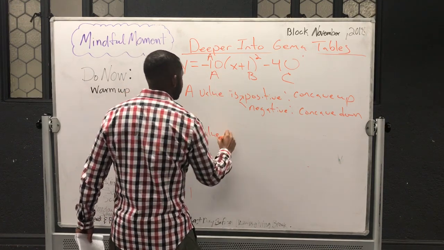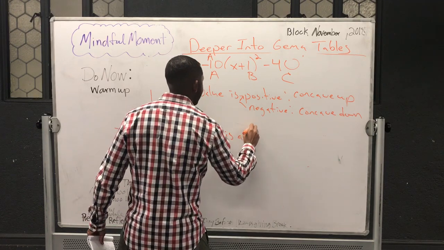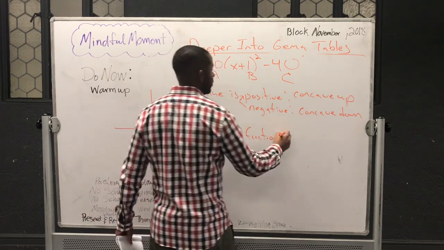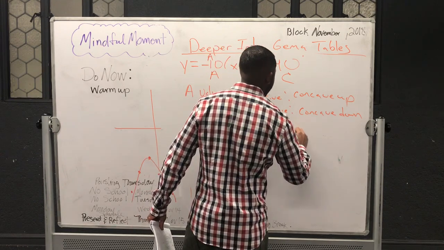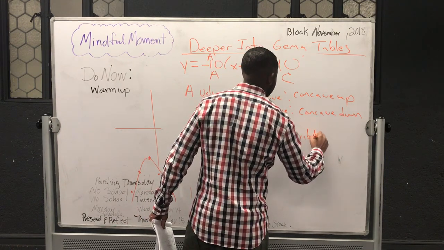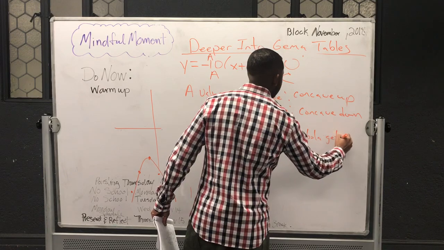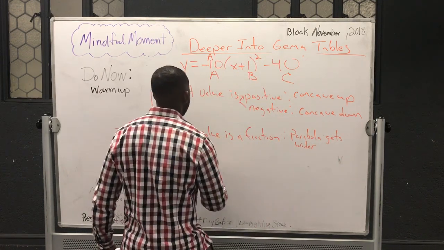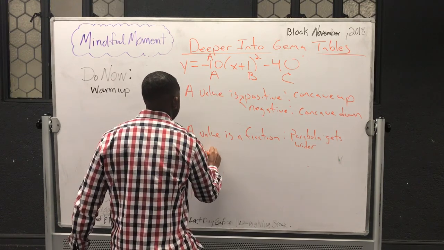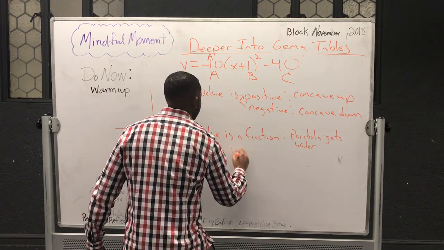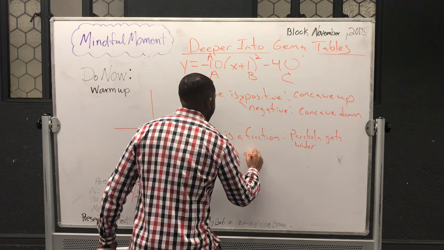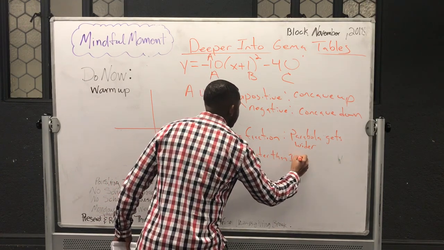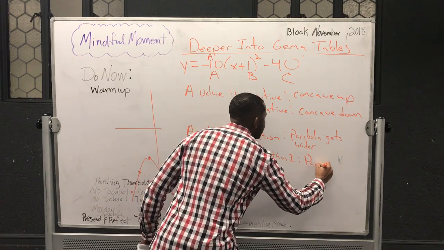Also, for the A value, if this A value is a fraction, something between 0 and 1, I believe the parabola gets wider. And if the A value is greater than 1, the parabola